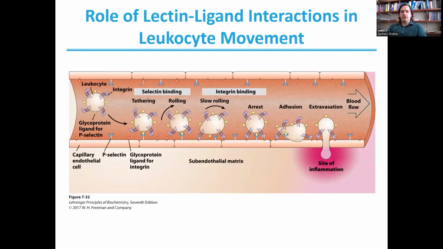So when we have an infection, of course, this leads to inflammation, and that inflammation triggers our P-selectin to move to the walls of our blood vessels, where it can bind to glycoproteins on our white blood cells. This will end up tethering our white blood cells to the surface here. It will then form other interactions between the integrins on our white blood cell and the cells of our capillary endothelial layer, and will eventually allow our white blood cell to invade and clear up that infection.